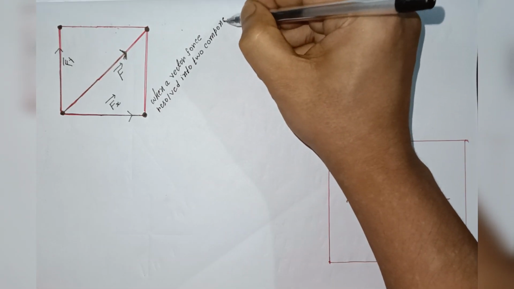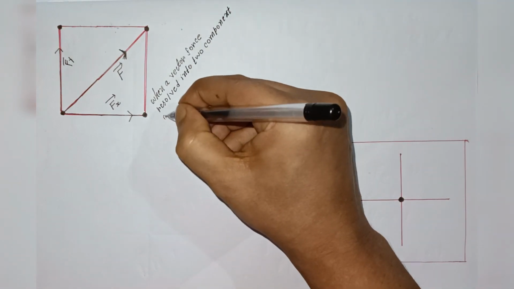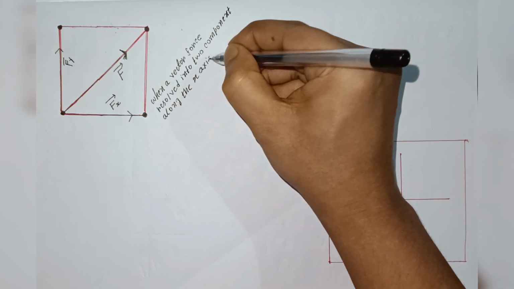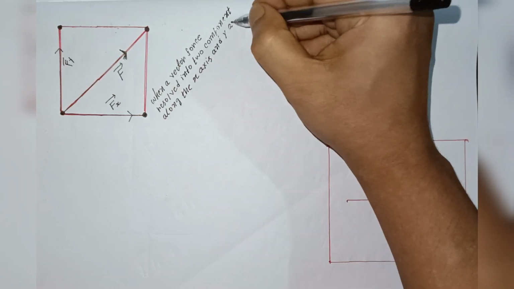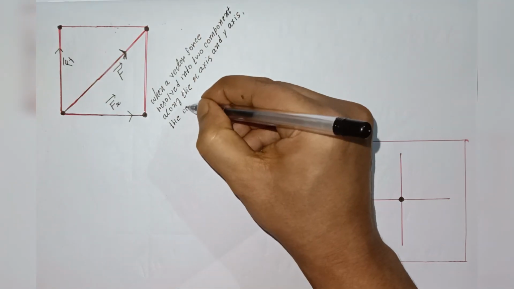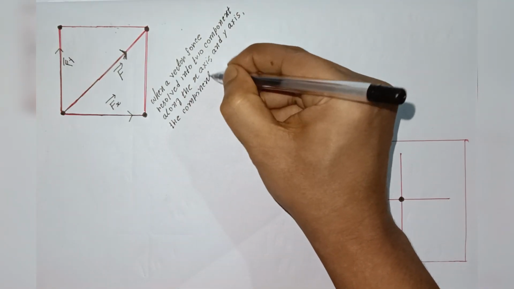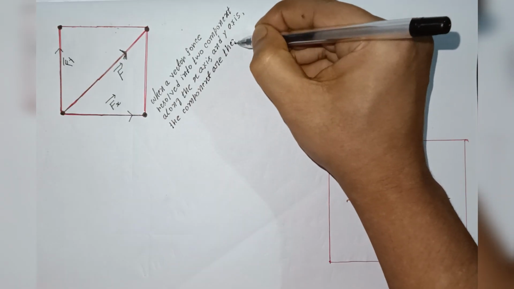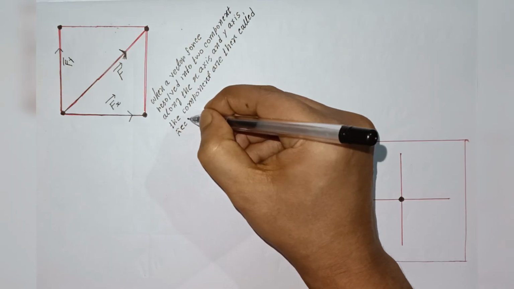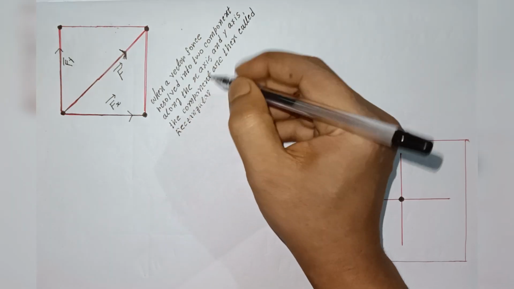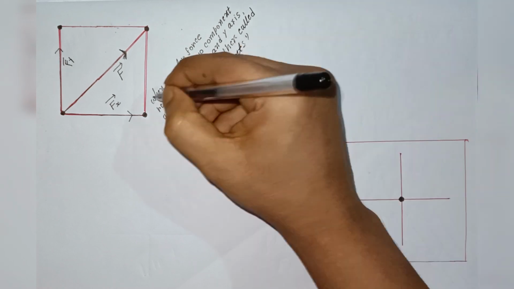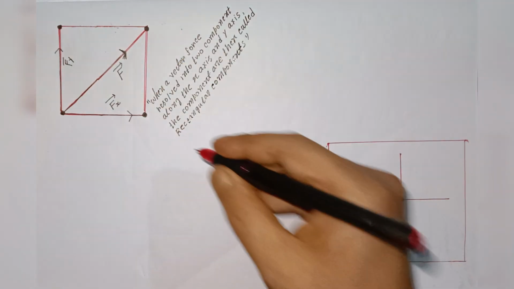Are you okay? In the last lecture, we saw that if two vectors are given, we can find their resultant. But today, life is a little opposite. If only one vector is given, then we will break it into two small babies called components, or rectangular components. So the final definition is: when a vector force is resolved into two components along the x-axis and y-axis, then the components are called rectangular components.